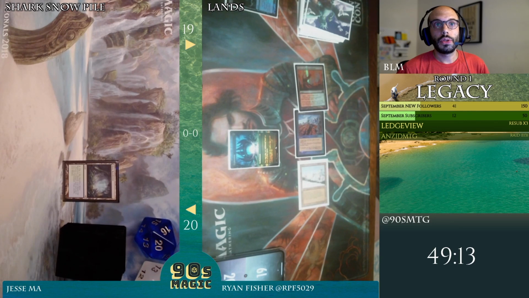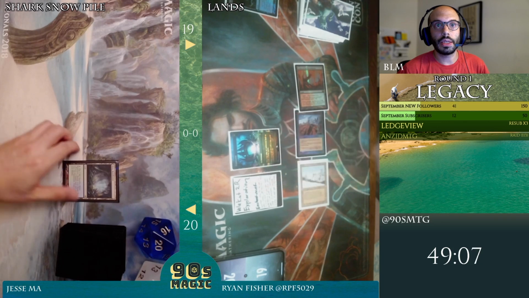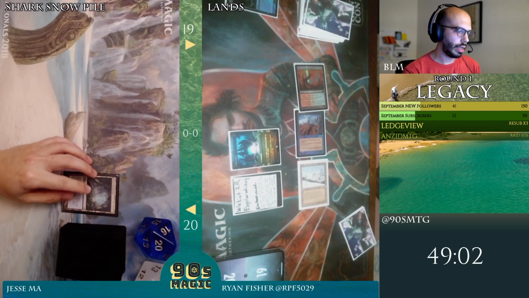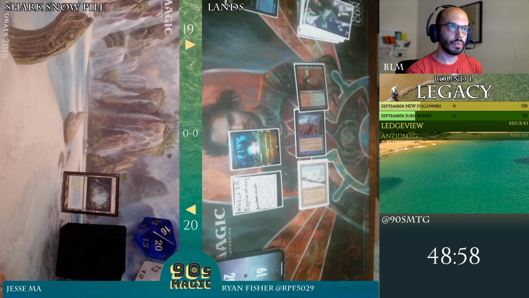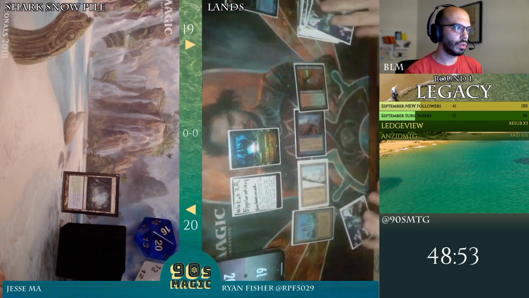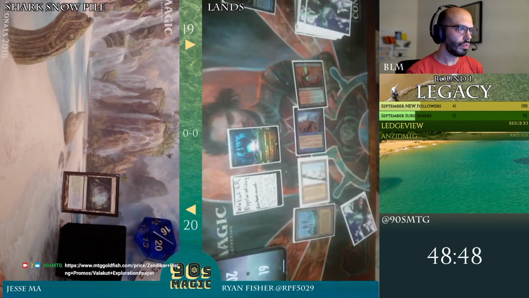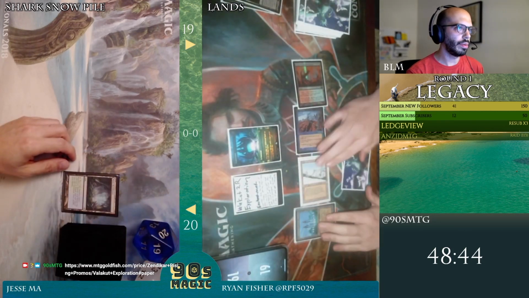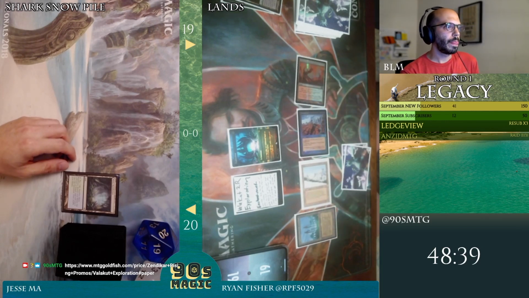Grove of the Burnwillows, Taiga, and Wasteland are the lands in play, and here is Valakut Exploration. So now would be a good time to find this card and share it in the chat. Valakut Exploration. Okay, so it's a landfall card. Ooh, Roland already shared it. Okay, I'm a bit behind here. Thank you, Roland. So, yeah, Valakut Exploration,